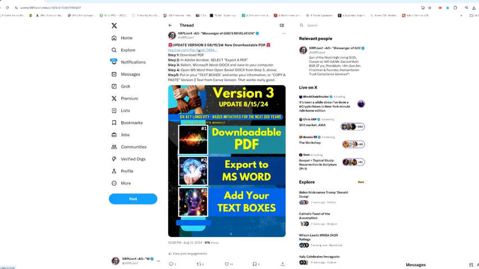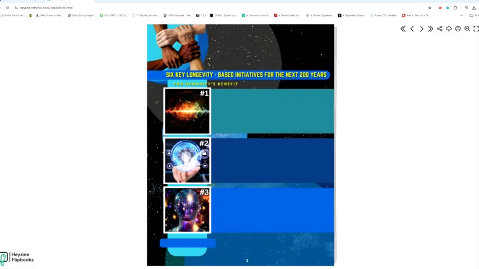So here's how you download the file. You come up here to the link, and it's going to open up here as a flipbook. You're then going to come over here to this little picture. It looks like a cloud, and it says download, and you're going to click that. You're going to tell it where you want to save it. Then you're going to go and open up